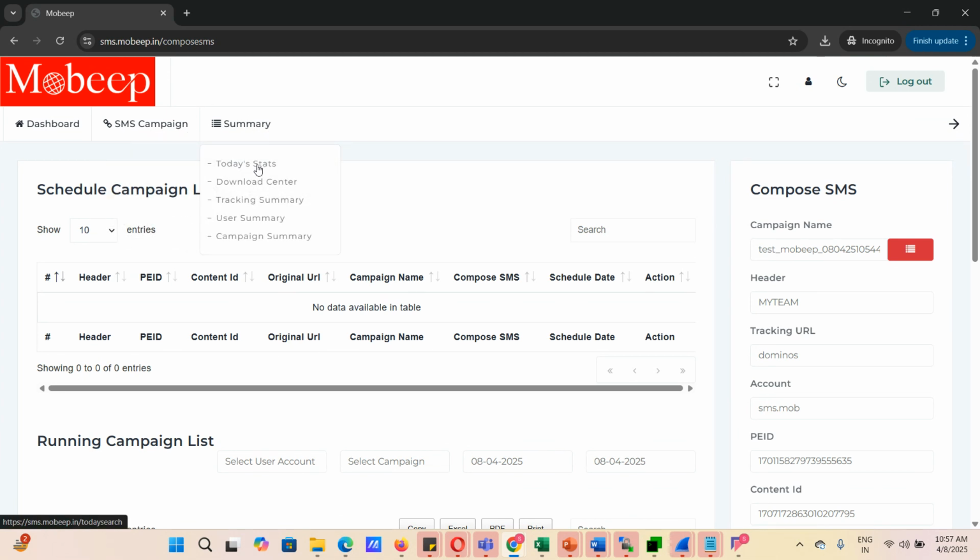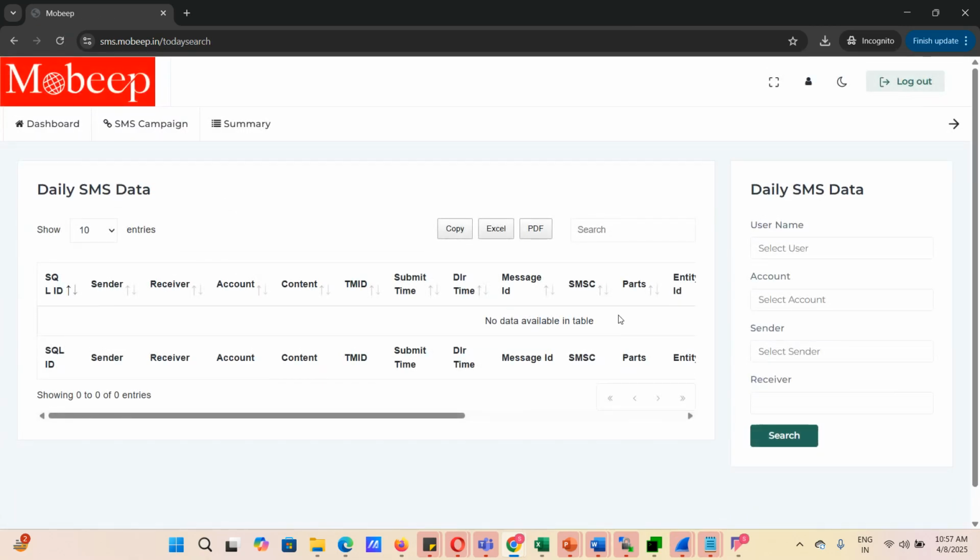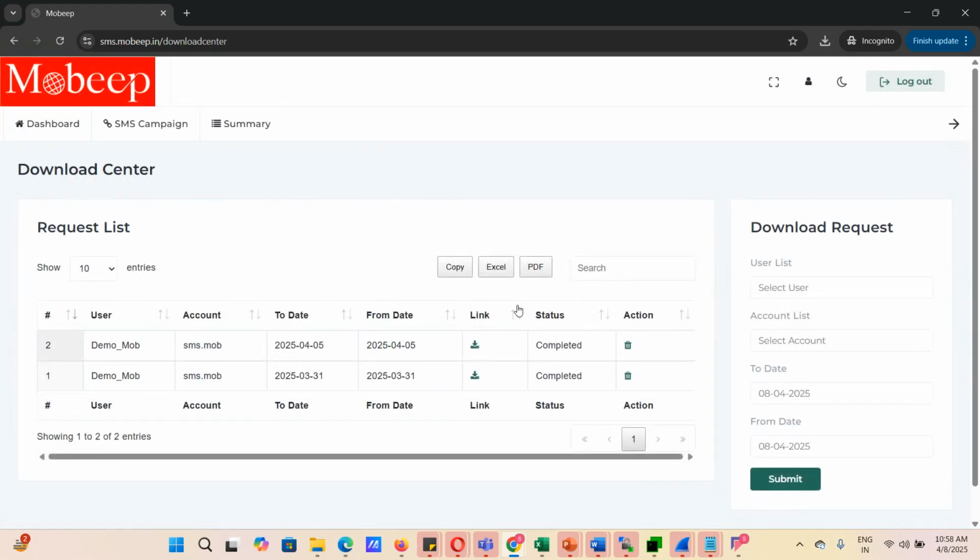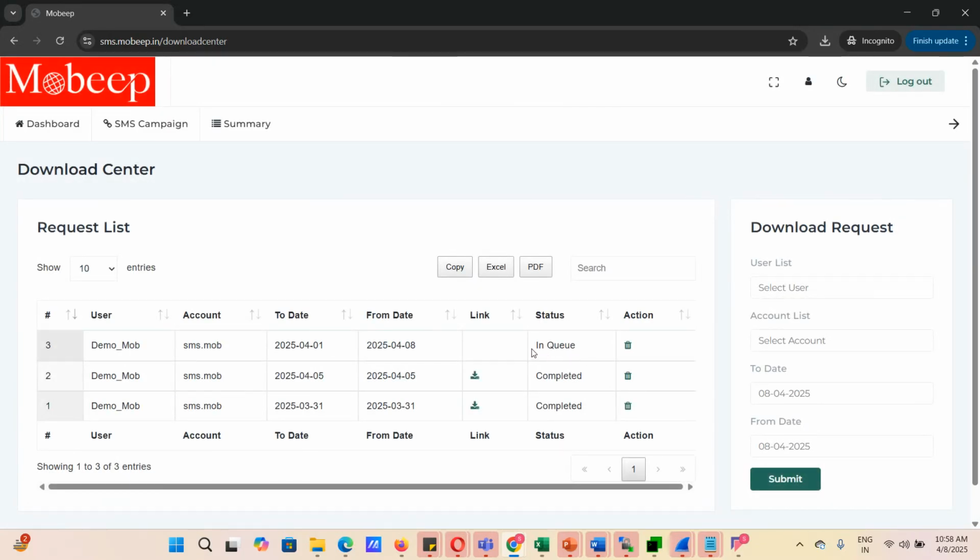Then we have the summary. Today's stat will show you, for a specific account, the CDR of the same date, so that you can monitor the live CDRs. If you have to download previous date data, then you have to go like this, select the account username, and then select the date. If I select from 1st April to 8th of April and then submit, your request will be in queue,